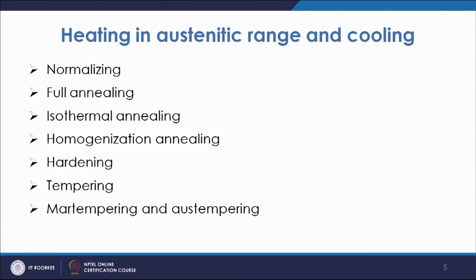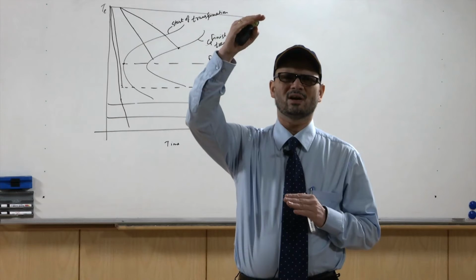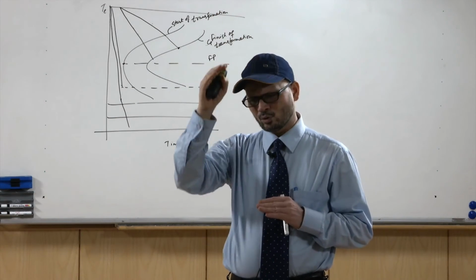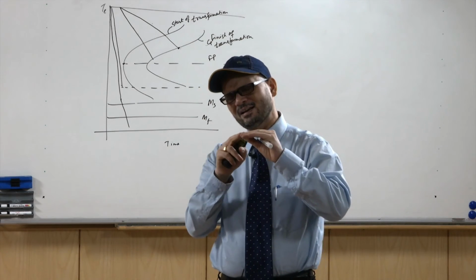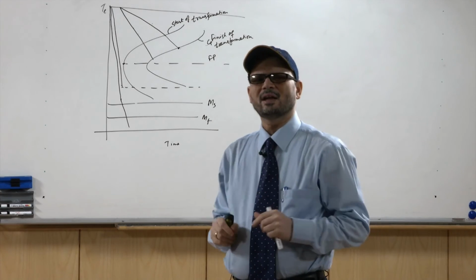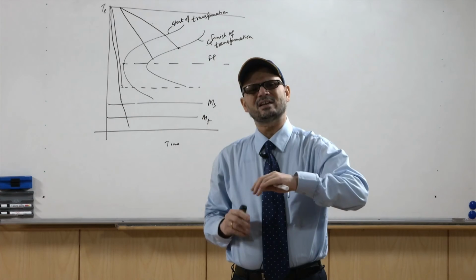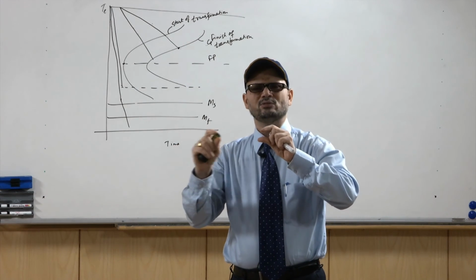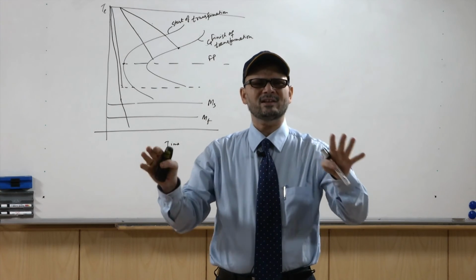Tempering and austempering, we have discussed about it. In the martempering case, you are austenitizing the material and coming back and holding above the MS temperature, and then after some time again cooling, so that all the phases are martensite. Because of the holding for a certain time, you have enough time to make the temperature even